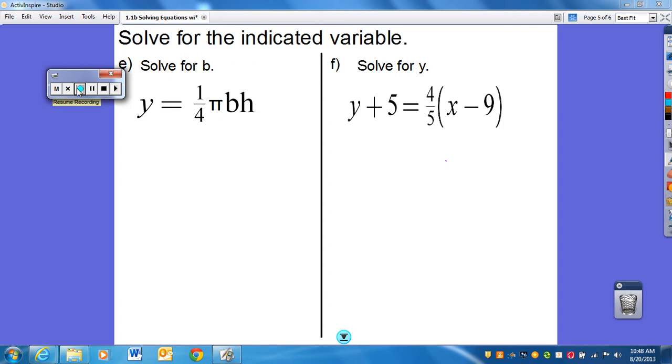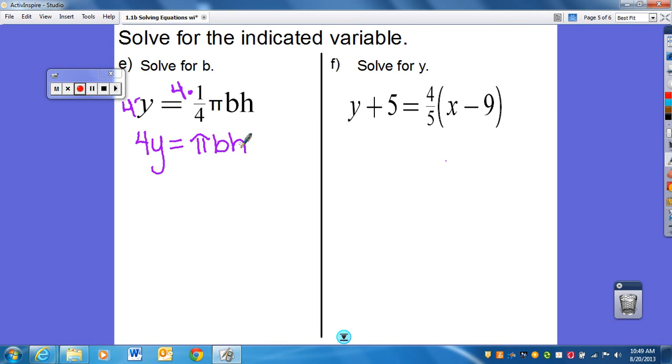Alright, here's our next example. We want to solve for b. So the first thing I might want to do is to try to get rid of the 1/4. Now again, we could divide both sides by 1/4, or what we could do is the opposite operation. Instead of dividing by 1/4, I'm going to multiply by the reciprocal, which is 4/1. So that's going to leave me with 4y is equal to 4/1 times 1/4 is 1. So I'll have 1 pi